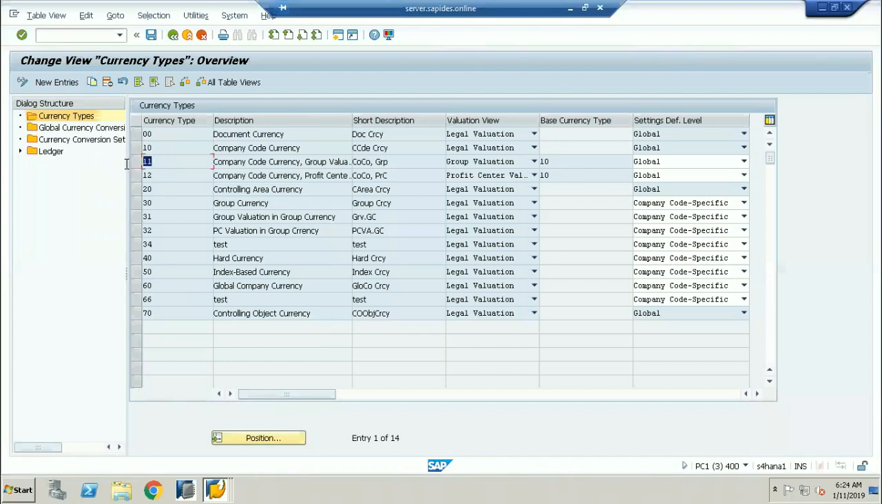Okay, 11 and 12. Whenever I do some intercompany postings, for example a material transfer from one plant to another plant, or from one company code to another company code. Within the same company code, there are two plants. Within different company codes, there are different plants. Whenever I'm doing the transfer of the material, or some intercompany transactions,